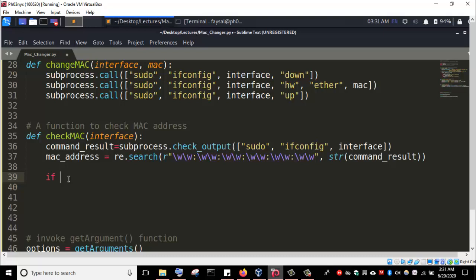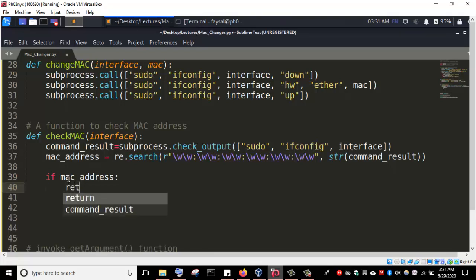We can say if MAC address. Now this command will check whether the MAC address variable actually has a value. If it has a value, then we can ask it to now return MAC address